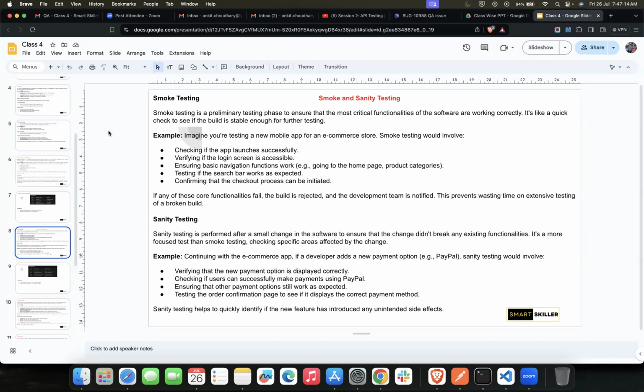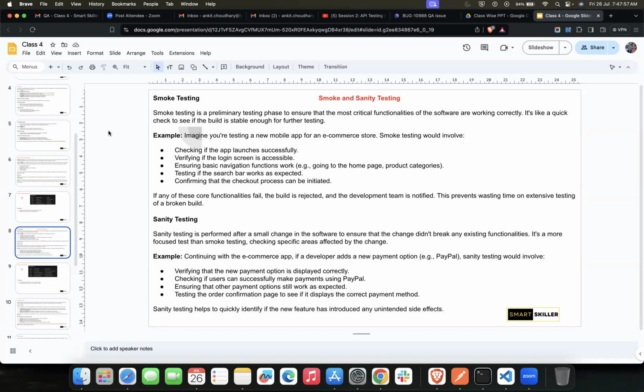What we mean by that is the most critical and important functionalities that the software has. Like if I say social media, the most critical and important functionality would be that we are able to log in, log out, access the home page, access the feeds, and like, share, and comment. These are the basic functionalities that 90% of users use. So in order to test any new functionality, we have to make sure that the existing, most critical and important functionalities are working correctly. Then only can we start with the testing of new modules that have been introduced.